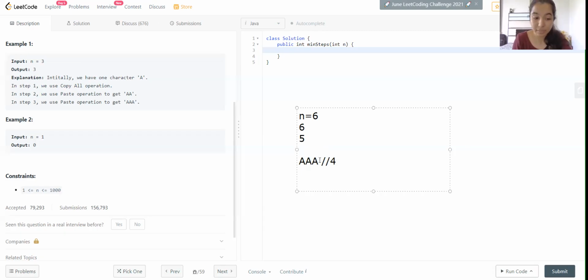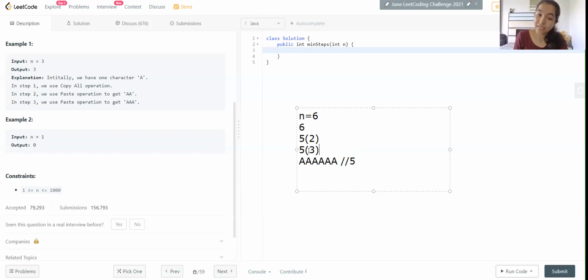And if we just paste it once, the number of operations becomes 5. So we have these solutions, wherein we can see that if the number is divisible by the number of A's present on the screen, we can manipulate it and get a lower value. This was when 2 A's were present on the screen, and this was when 3 A's were present on the screen.